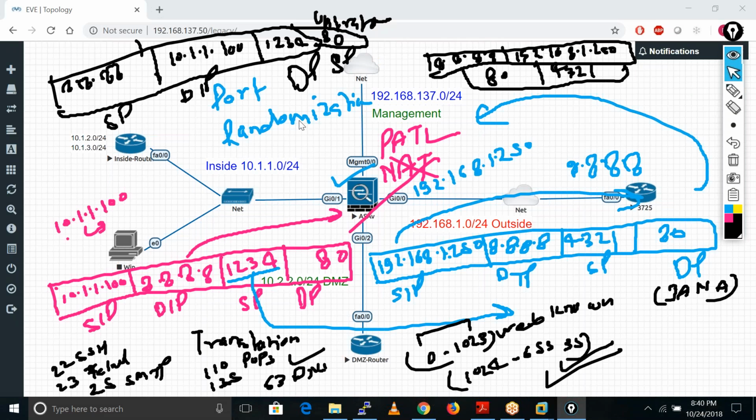And I also need to tell you one more thing here. You are able to see this source port, like this one and this one. See, it also changed the source port, right? This ASA firewall also changed these ports, like 1, 2, 3, 4 to 2, 3, 4, 3, 2, 1. Basically, ASA does this port randomization to protect us from connection hijacking.